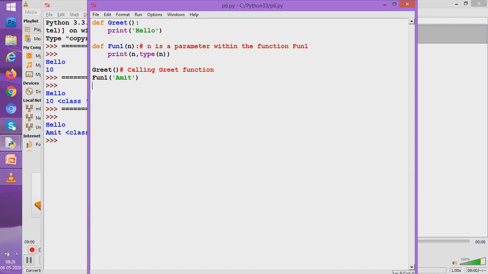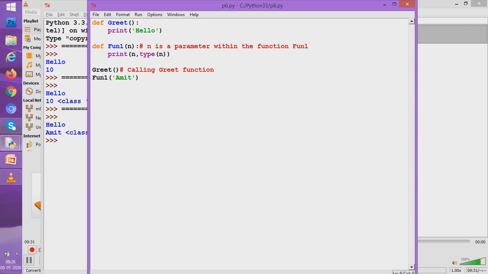So I think students, you can well summarize what we read till now. We understood that a function within its bracket can have a variable. That variable is known as the parameter. It is given when the function is being defined. Once a function has a parameter, while you call that function, you need to send some value to the parameter.